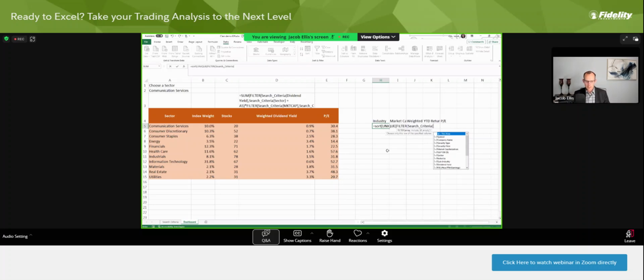So search criteria, industry, get me all of the industries where the search criteria sector is equal to, not the same line, but rather we want to find the ones that match up here at the top. All the ones up here at the top. It will add in my final parentheses, and indeed, it got me the 5 different industries that are making up